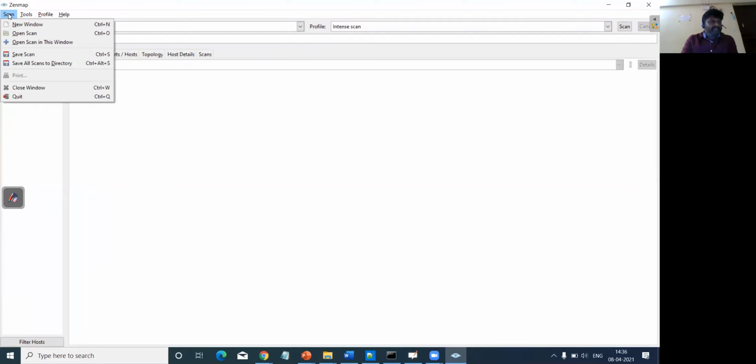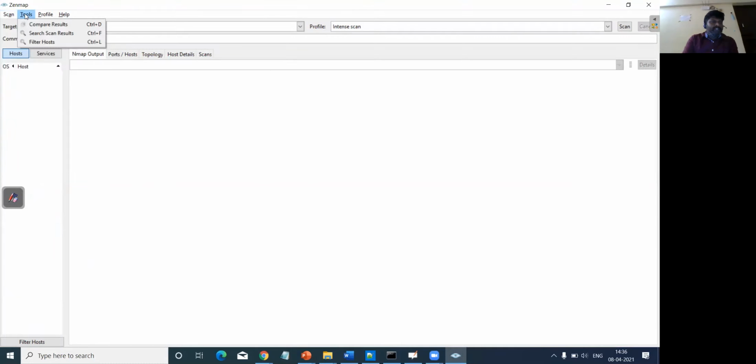Here you get a list of options: new window, open scan in this window, and saving options. Then you get the Tools menu, inside which you get compare results and search scan results. Followed by Profile, where you get a complete profile of what you scan for a particular IP.